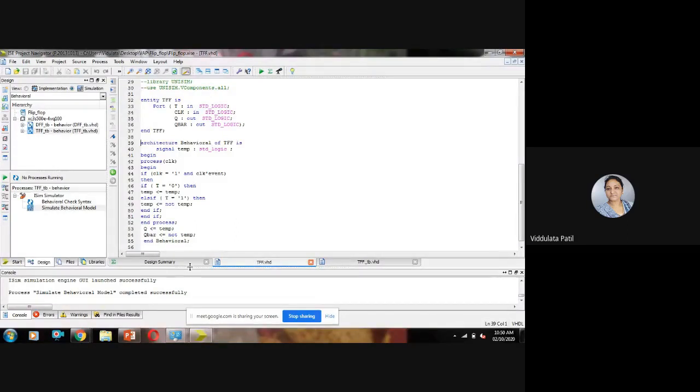We did not mention the initial current state, and that is why we are getting an error. So whenever we are declaring this signal, at that time we need to state its initial value, and so we will initialize this value as a 0. Okay, and then let us save this.